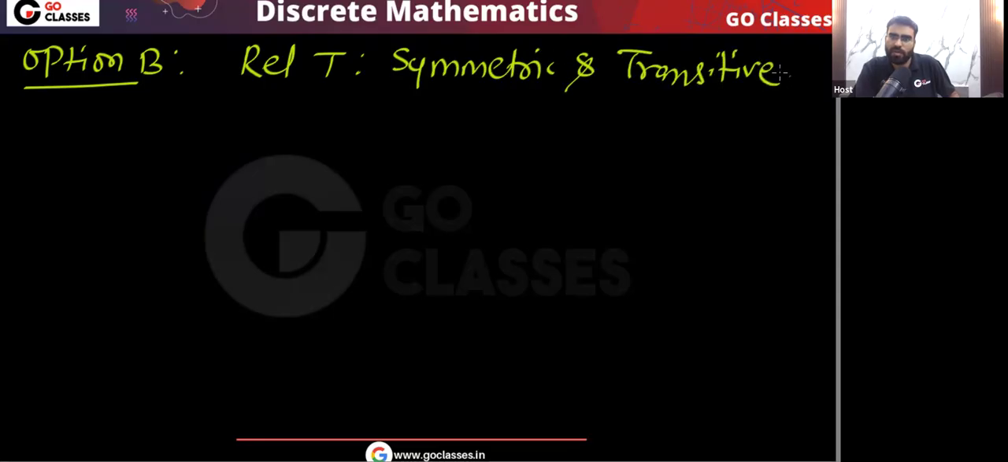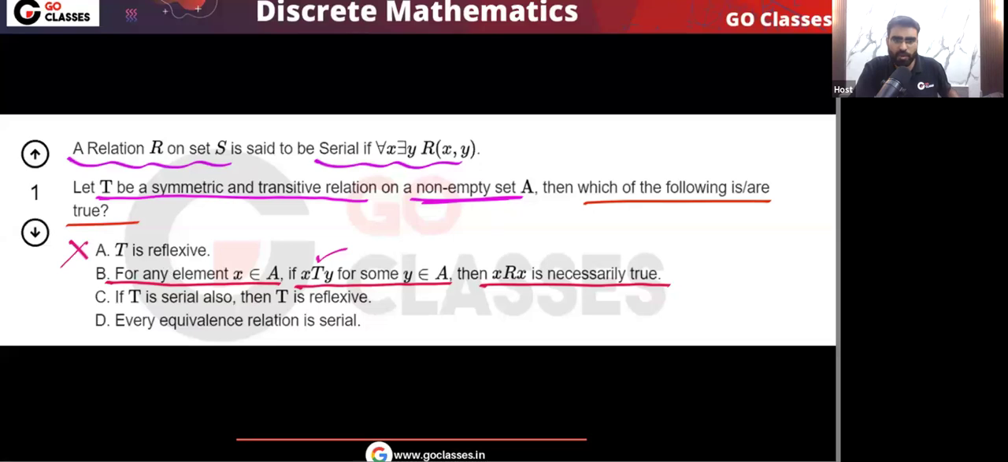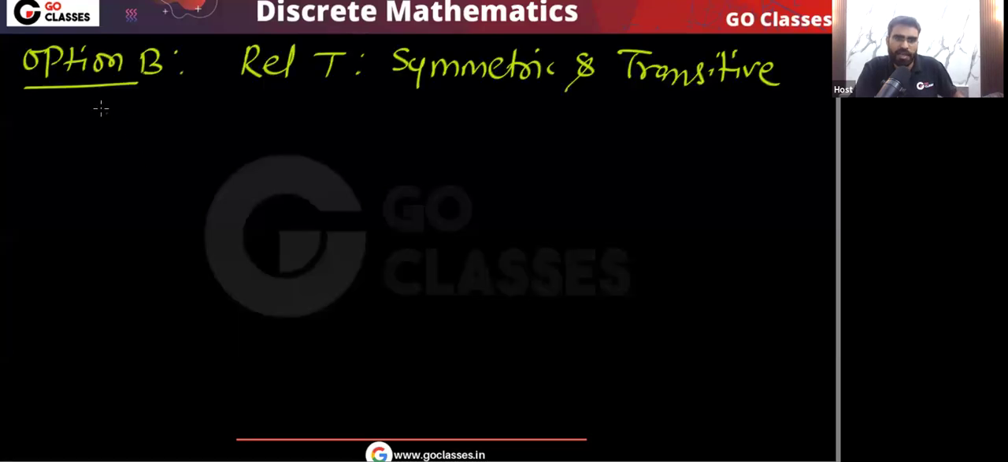Remember, relation T is symmetric and transitive. This is already given to you in the question. Symmetric and transitive. Okay, this is your relation T. Now, what this question is saying, option B: for any x belonging to base set A,